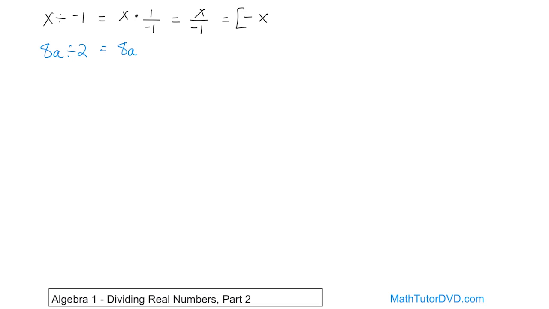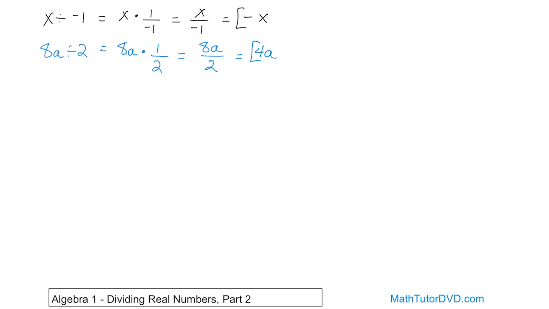8a, take that division symbol, change it to multiplication, and make that 2 into the reciprocal. So now we change division into multiplication. Now I like this because then I can multiply the top. The 8a times the 1 gives me 8a, and on the bottom, 2 times the implied 1 is going to give me 2. Now why do I like to write it this way? Because now I have it where numbers are on the top and numbers are on the bottom. And I can see that 8 divided by 2 divides evenly, giving me 4, and the a just comes along